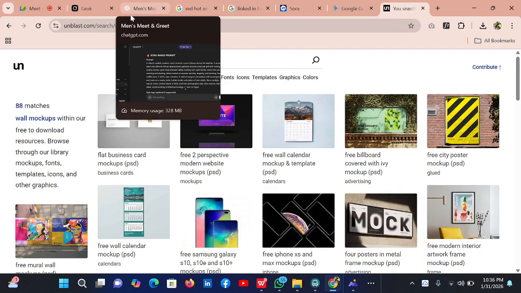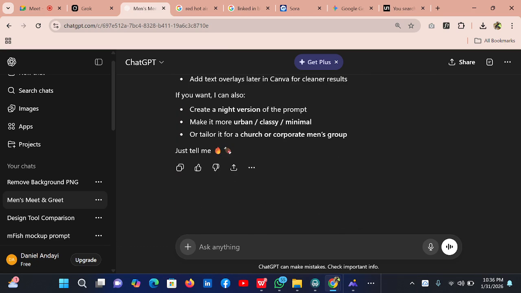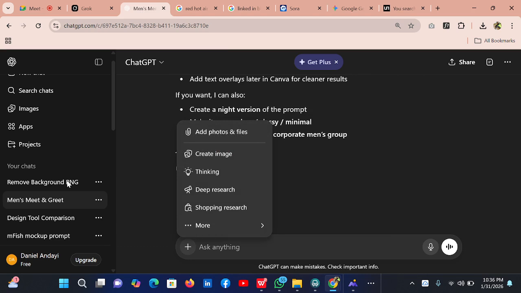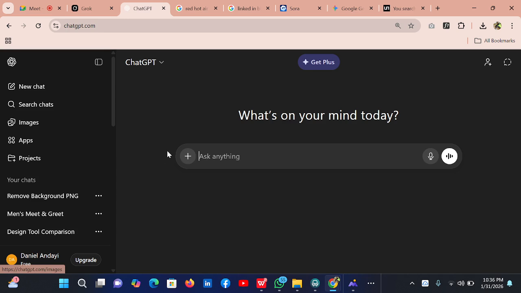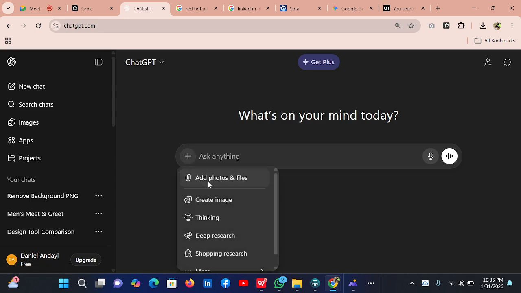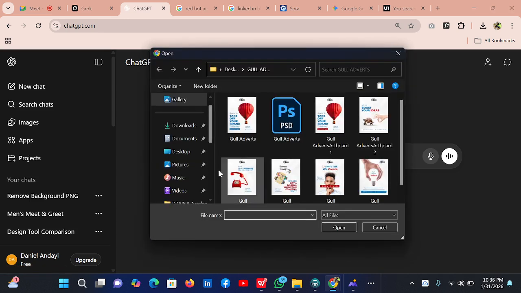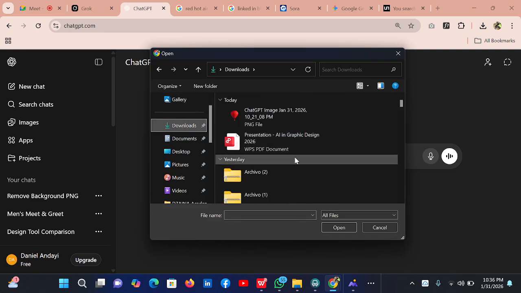You can take it to ChatGPT. Okay, let me open a new chat. You can take it to ChatGPT and go to downloads.